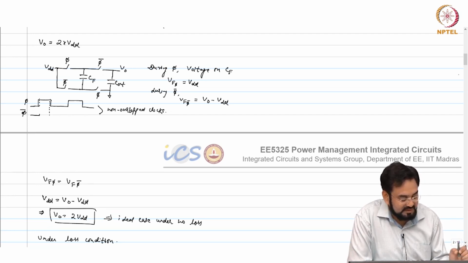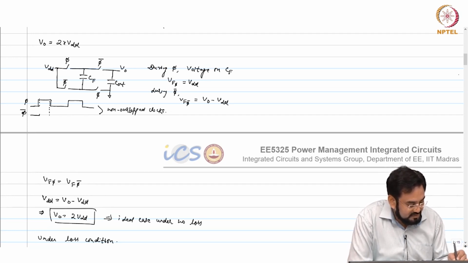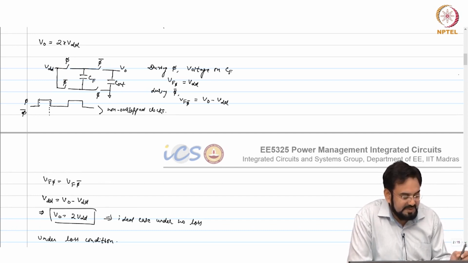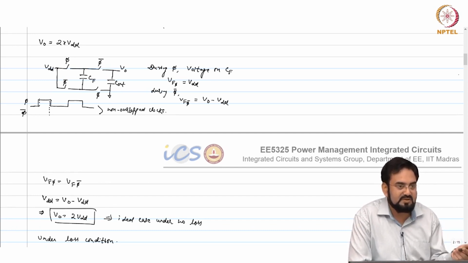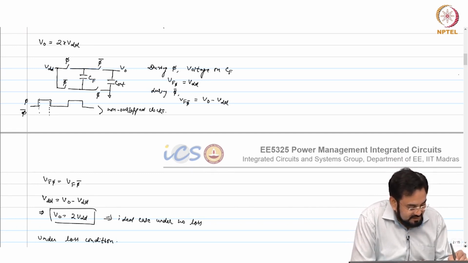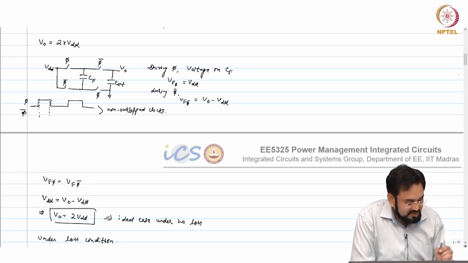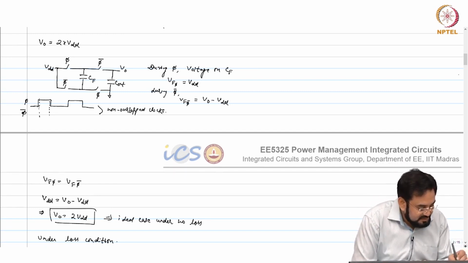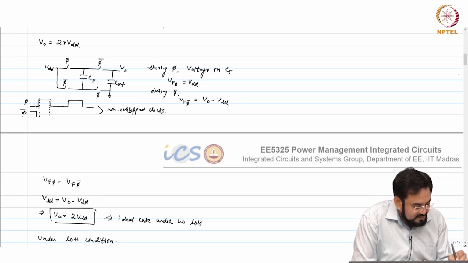No, yeah, correct. So, what would happen? If it is, let us say one switch is PMOS and the other is NMOS, then it will be exactly the same as what we had. So, we are more used to having the P and N in a switching regulator. That is why. So what would happen? This will turn off and